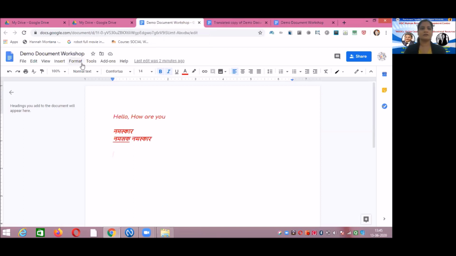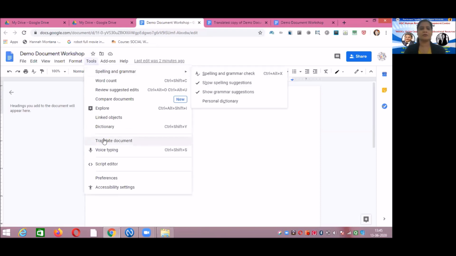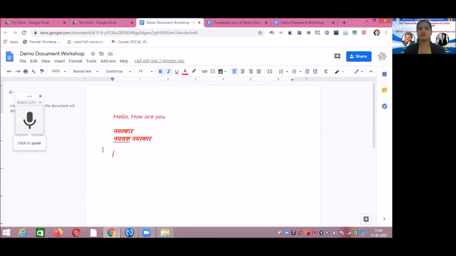Now another feature you are all aware of, that is voice typing. This option is also very interesting and easy to work with. To start with this, make sure that your laptop or computer has a microphone attached to it.